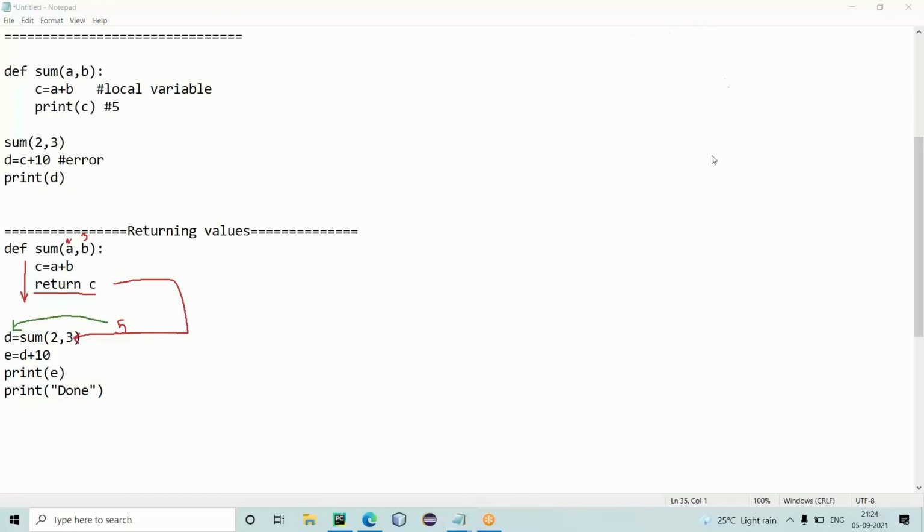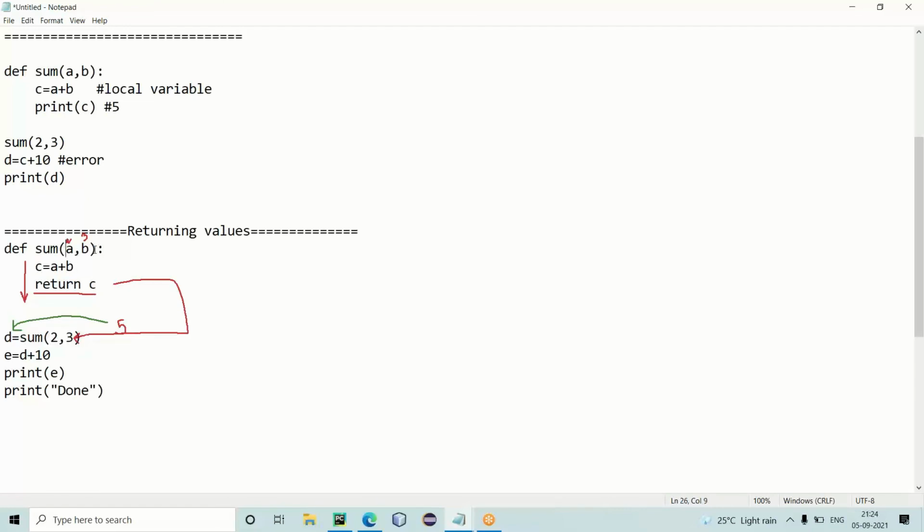Simply what we had done here, we had copied the value of a local variable into a global variable. Correct? So that I can use that value. If there is no return instruction in the function, the cursor will go to the next instruction written after the call. But if there is a return instruction, the cursor will go back to the calling place with that value.